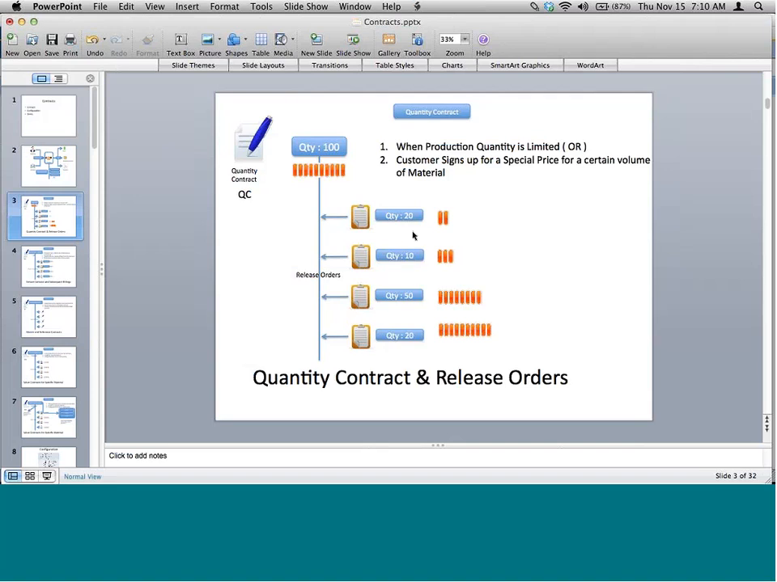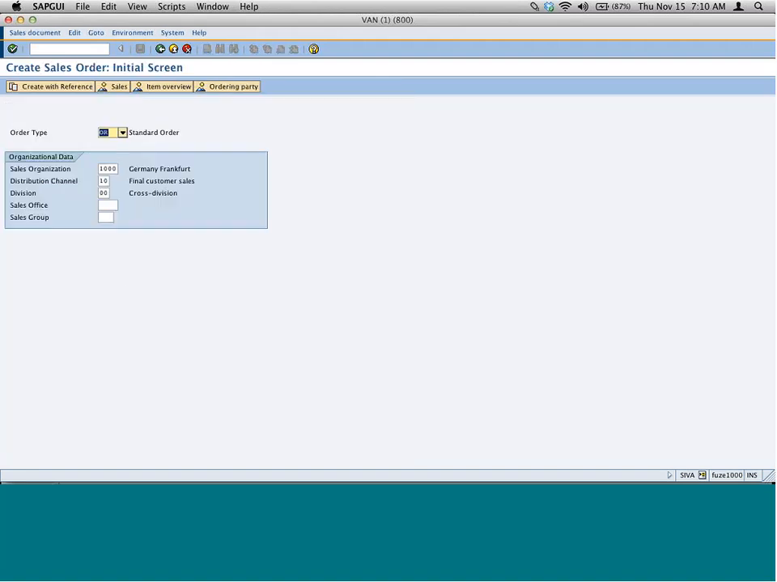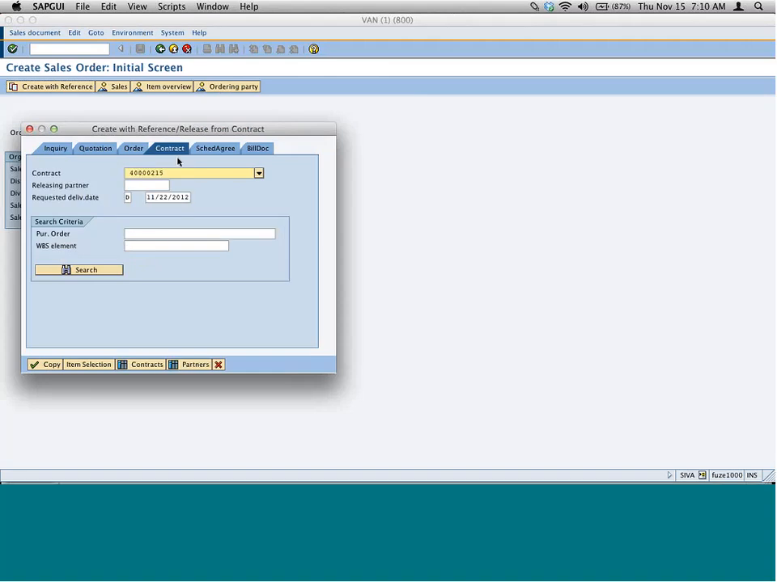The next thing is maybe 10 days from now, another release order was required. Say, the customer calls up and says, hey, I have a contract with you. I wanted 20 yesterday, or 10 days before. I need 10 more from you with reference to that contract. Sure, sir. We go to VA01 again. Same OR, create with reference, go to contract. Now here, look at the trick. When I click copy,